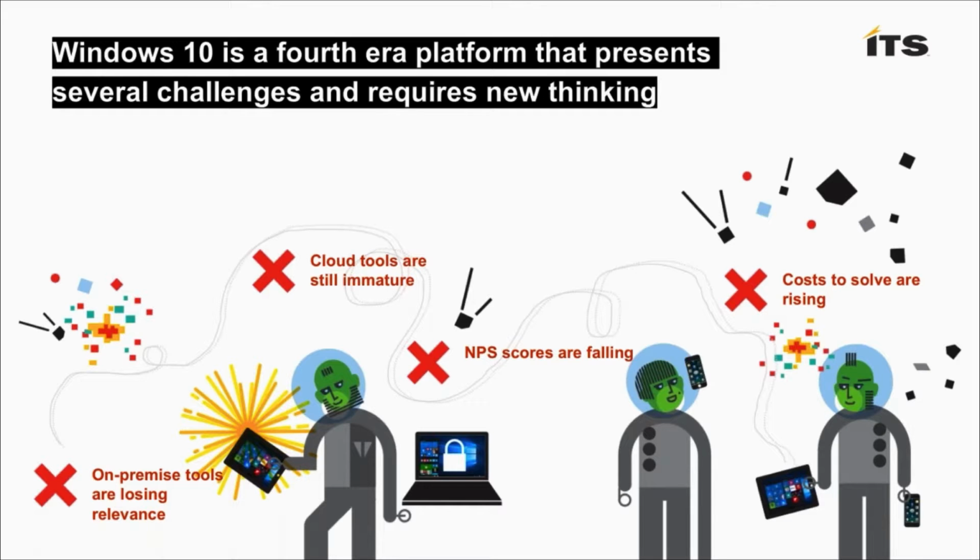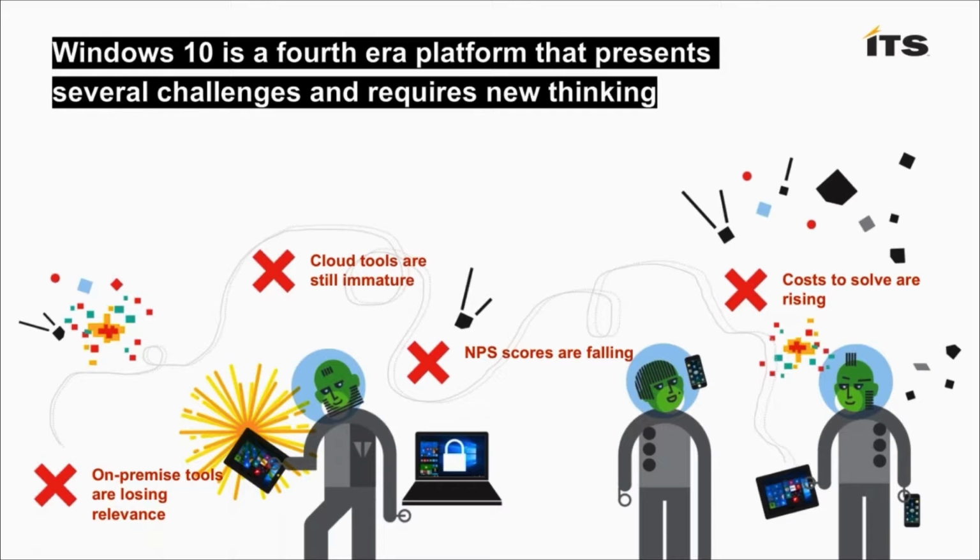And so those two things have really led to a couple of conditions. One, the NPS or Net Promoter Scores for IT are falling. There are frustrations in end users. You may see frustrations in your different business units. You may have other leaders in the business asking your CIO for things that frankly, your team's not able to deliver because you don't have the tools, you don't have the time to focus, or there's just too much overhead. You're bogged down in managing the tools and you can't get to delivering the outcomes.